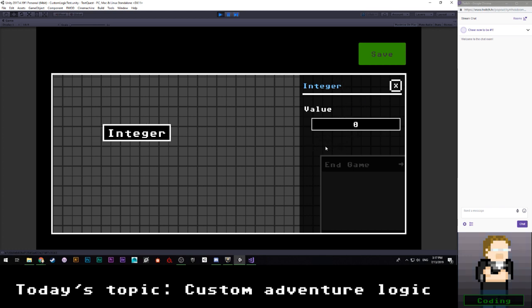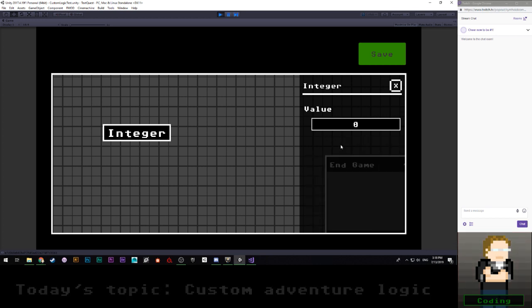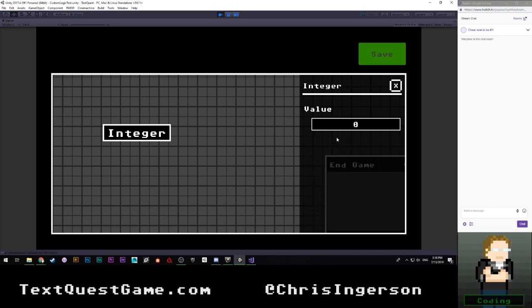But here's the problem. If I hit space or right click over here, then it will summon this menu, which obviously we don't want to have happen. So that means I probably should make this a